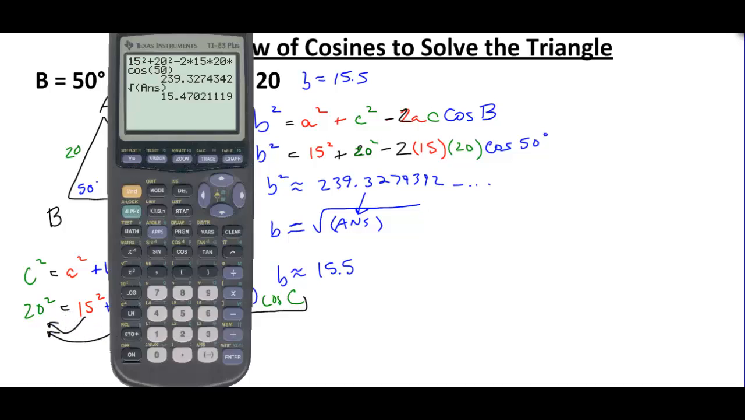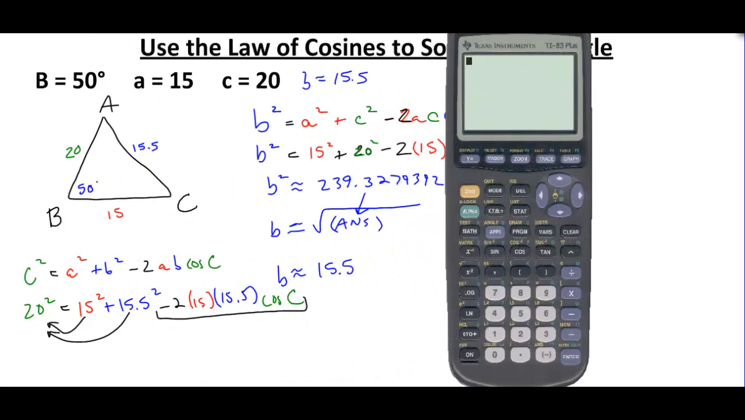And to easily do that with our calculator, again, I don't like to do any of the work by myself because I'm going to have to use a calculator anyways. Just write 20 squared. I'm going to subtract 15 squared to move it over. I'm going to subtract 15.5 squared to move it over. Let's make that 0.5. And that gives me a number, negative 65.25. And that's going to equal negative 2 times 15 times 15.5 times the cosine